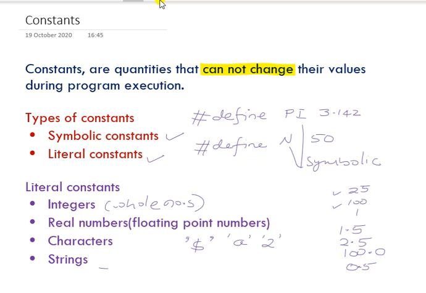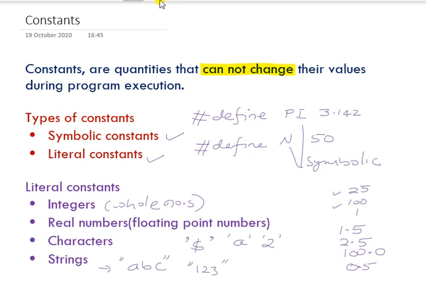Strings are multiple characters. When you have more than one character, then you call it a string. Say ABC. ABC is a string. They are represented using double quotes. So this is a string constant we say. Similarly, 1, 2, 3 you can represent as a string in a program.